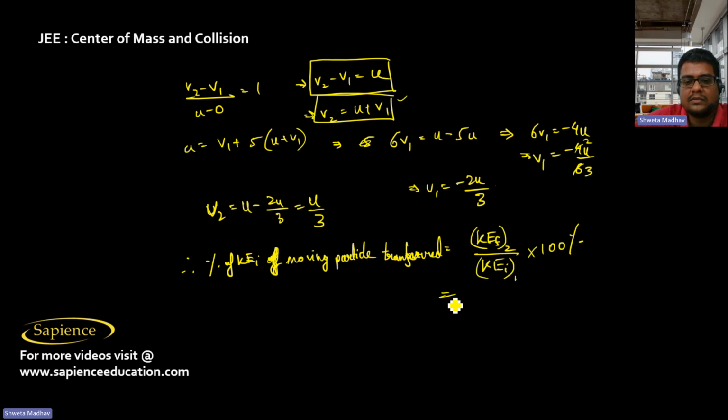So the final kinetic energy of the stationary particle, or the second particle, will be equal to half into 5m